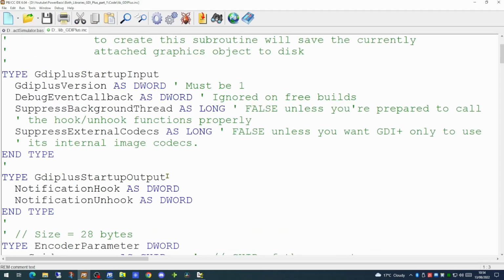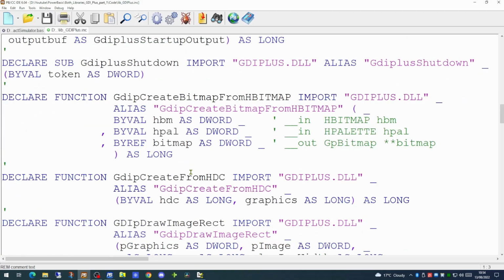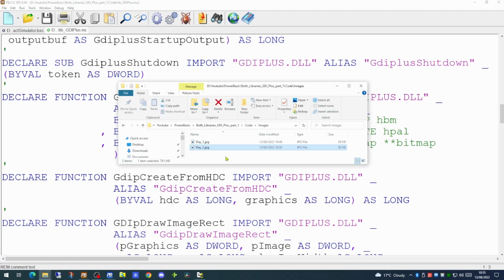As you will see at the beginning of this library, there are a number of user-defined types set up to handle the information we're passing to GDI+. And even further down are the declaration of the functions within the GDI+.dll library itself. Using this cut-down GDI+ include library will allow you to access GDI+ from within your PowerBasic applications, either the Windows compiler or the console compiler, without having to use the advanced Windows API calls. And using this library will allow you to save the contents of any graphics control to disk at any point within your application.